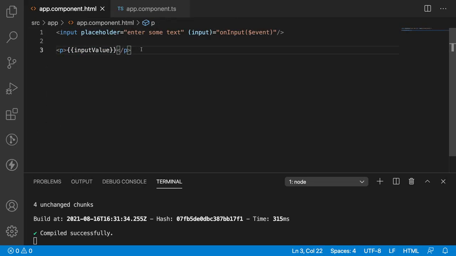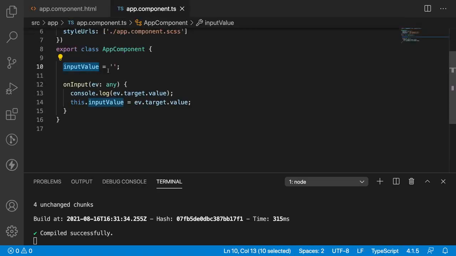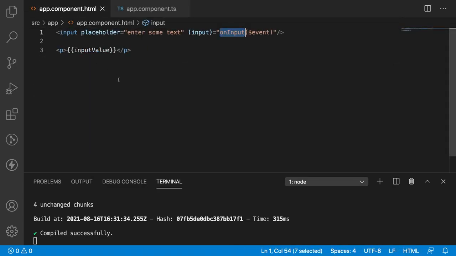So this is a big process where we are creating a method, that is one problem, and we are also creating a variable, that is also one problem, and we are also using an interpolation. So these are the three problems which we have in our traditional two-way data binding. We are intentionally making everything two-way data binding by using event plus interpolation. This is how we achieve our traditional way of two-way data binding. Whereas Angular gave one more approach, that is ngModel, which we will be learning in the next videos. So that is how our traditional two-way data binding works.